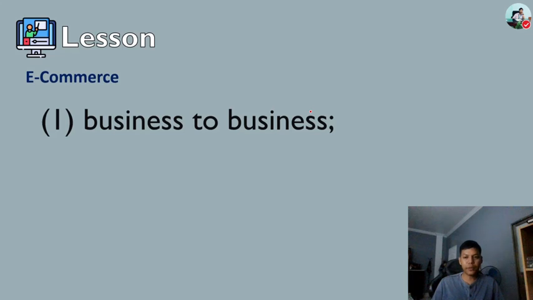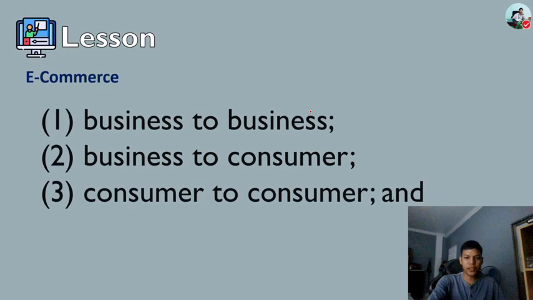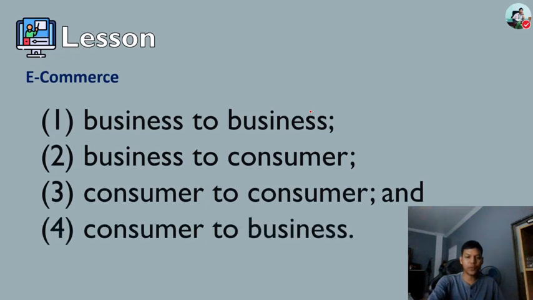So e-commerce operates in 4 of the following. The first one is business to business. The second one is business to consumer. Third one is consumer to consumer. And the fourth one, consumer to business. So these are the 4 areas in which